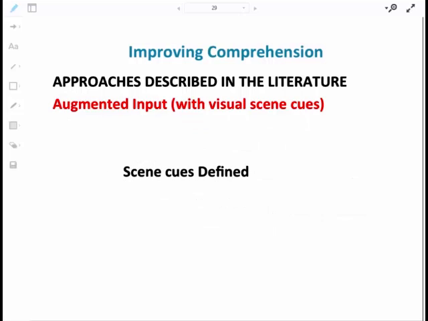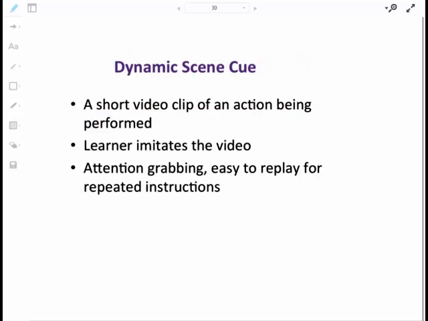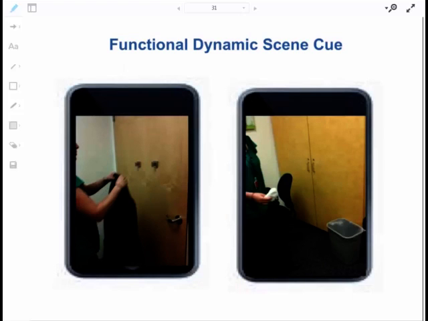So let me say a little bit more about what a scene cue is. It's a short video clip of an action being performed. The learner imitates the video. It grabs their attention. It's easy to replay for repeated instruction. An example of a functional dynamic scene cue